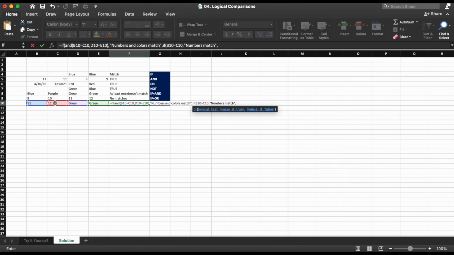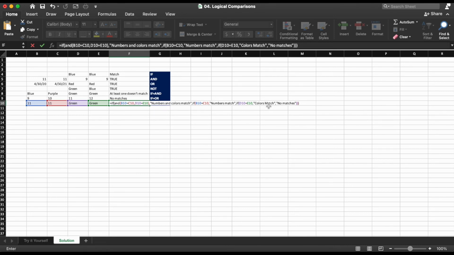If you put in too many IF statements, it might get a little bit crazy, but we're going to do another IF statement here. We're going to do IF, open parentheses, D10 equals E10. Our true value is going to be "colors match." Then our false value is going to be "no matches." And this false value is going to be the ultimate false value. So now we're going to close off our parentheses, and we see that we have the different colors that show up. So we have purple, red, and then black.